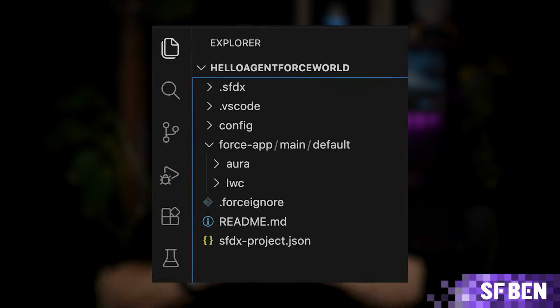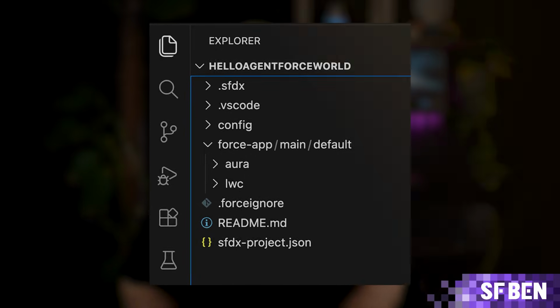This is where all of your Salesforce metadata will live. Before you can work with Agentforce Vibes IDE, you'll want to connect an org that you want to be building for. As always, this should not be a production environment first. If you have a sandbox or a developer org or even a Scratch org,